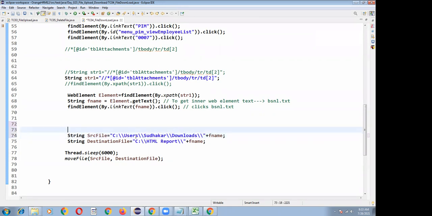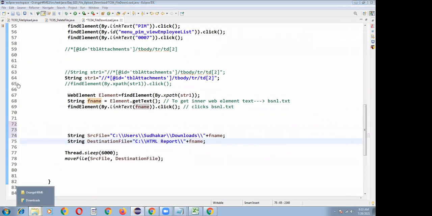Under the C users Sudhakar download folder, this file name got downloaded. Once you click on that bsnl.txt, that file was downloaded at this location, and my destination is that I want to move it under the C drive HTML report. One second, first of all, I am deleting this file.